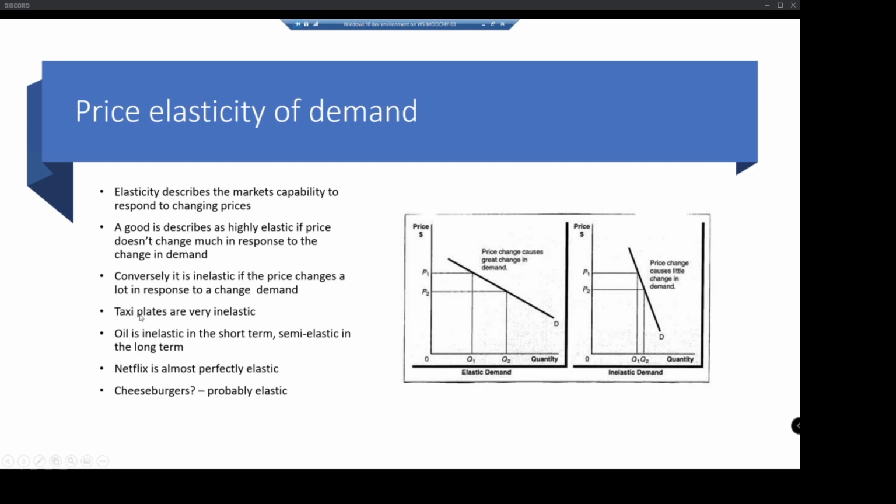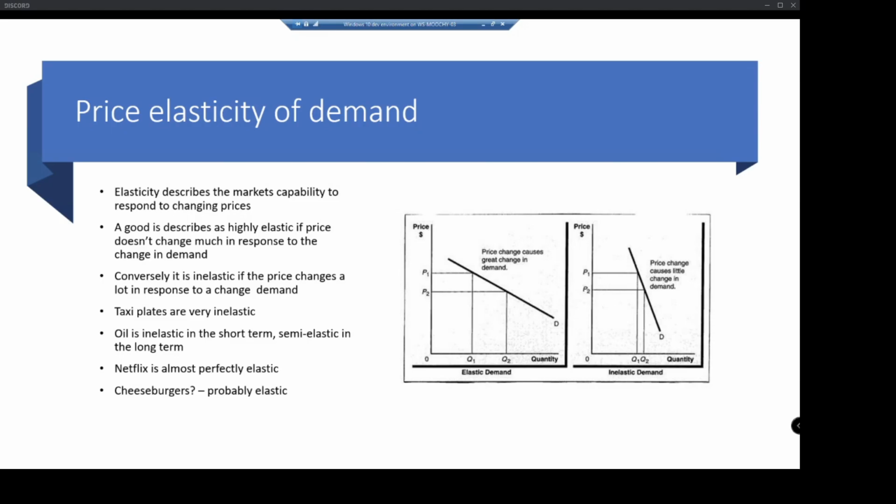So you can understand taxi plates are very inelastic, in that a lot of states and jurisdictions have taxi plate quotas, i.e. there's only a very limited number of taxi plates that exist, and it doesn't matter what the price of those plates is, that's going to be the number of plates that exist. For example, in New York, last I heard, they were selling for $250,000 each. So to run a yellow cab in New York, it costs $250,000. Obviously, that's been crushed by Uber,